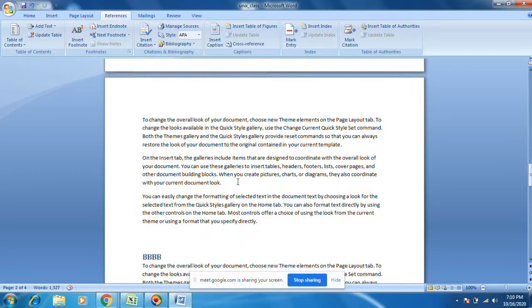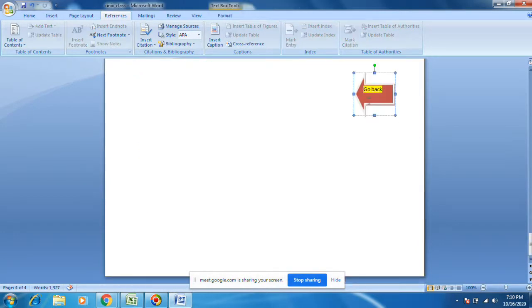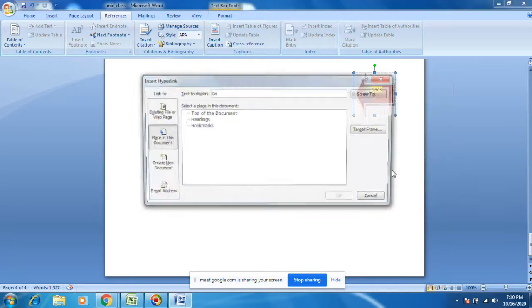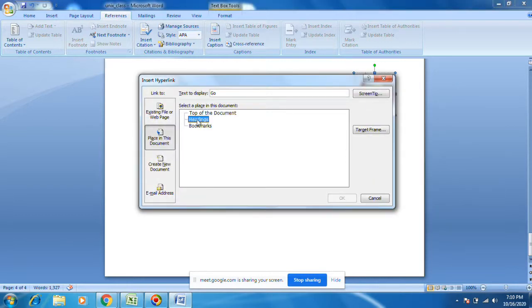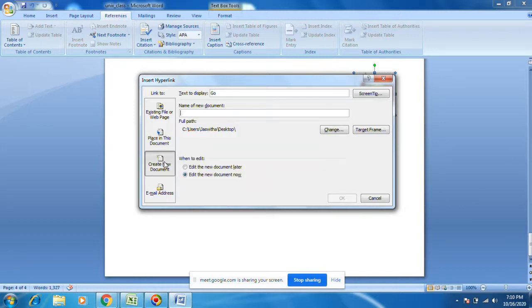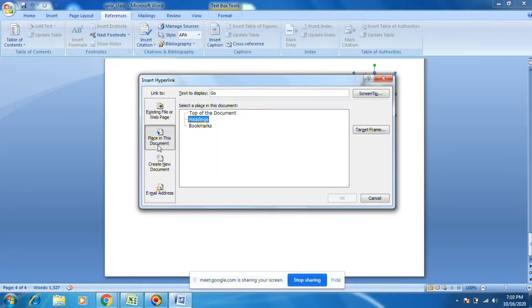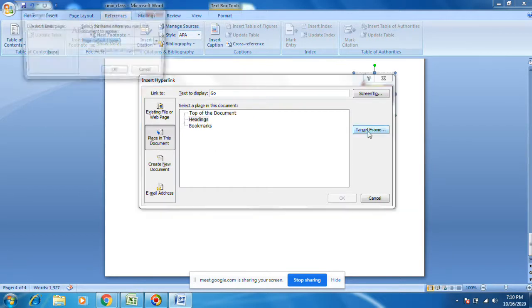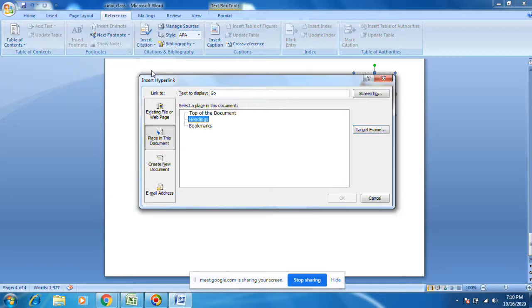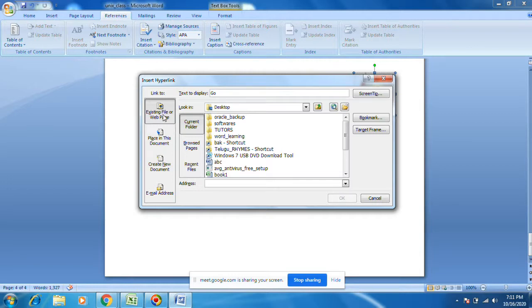It should come as heading. Existing file, place in the document, existing file. Let's say headings will be there.